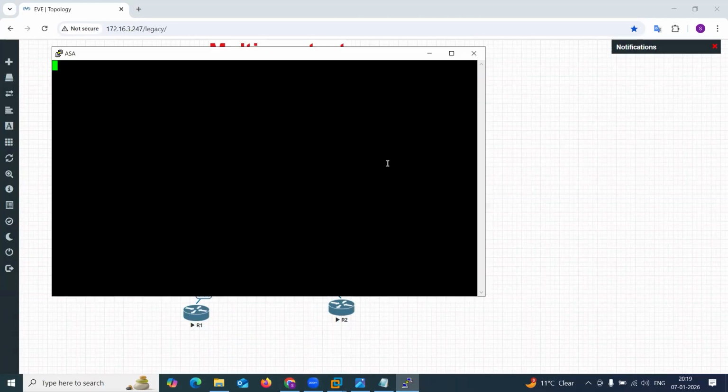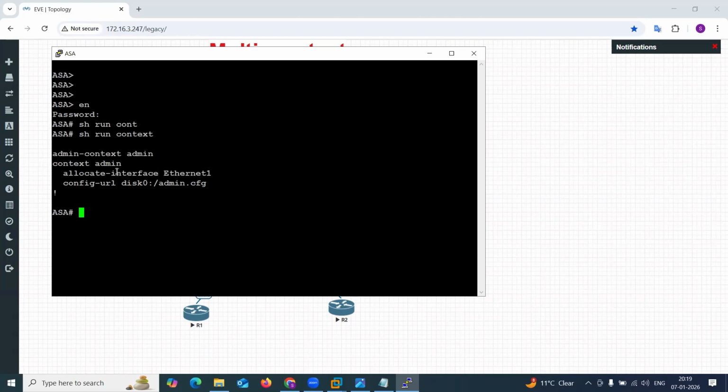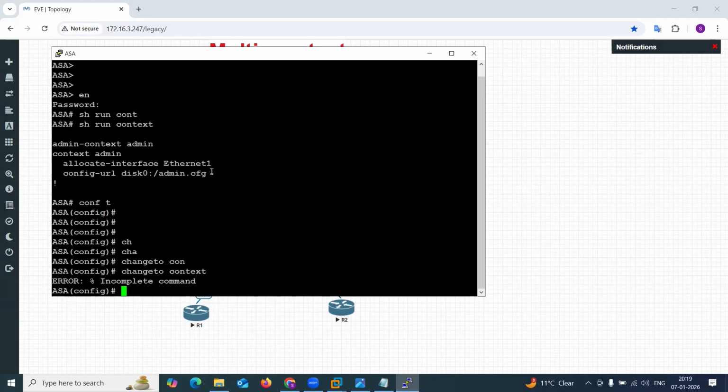As I earlier told you, there are 3 types of contexts. If I say show running context over here, I guess I forgot to give a write command yesterday. I can see only the admin context, and the admin context is allocated with your Ethernet 1 interface, right? Now, when I say change to context admin,